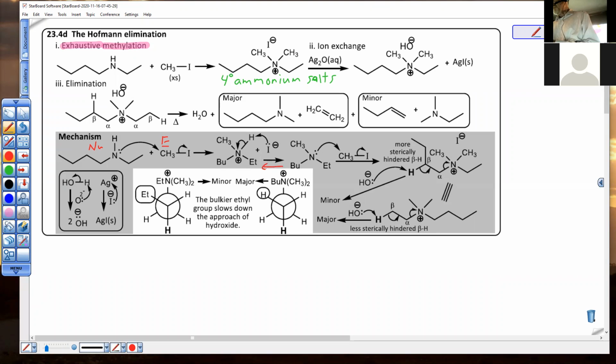There will be an equilibrium here, where the iodide deprotonates the ammonium ion, and now it's another nucleophile ready to go to do the same thing you did the first time. And this would actually draw this equilibrium away from an equilibrium by consuming one of the products. So even though it's an unfavorable equilibrium, by reacting it, you're removing it from the equilibrium, and Le Chatelier says you're going to have to make more of this to make more of this. And what happens after that